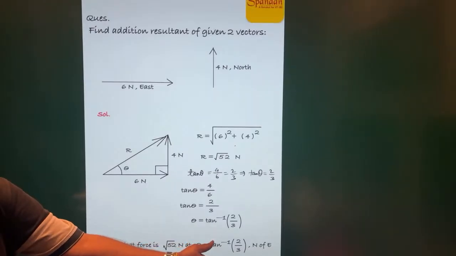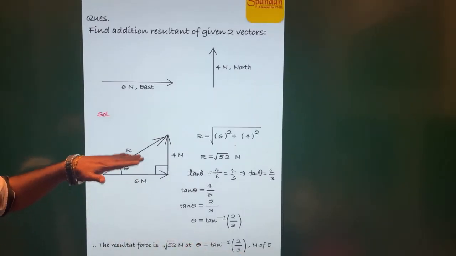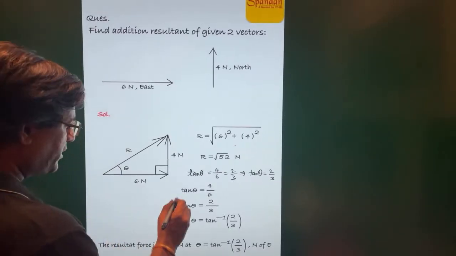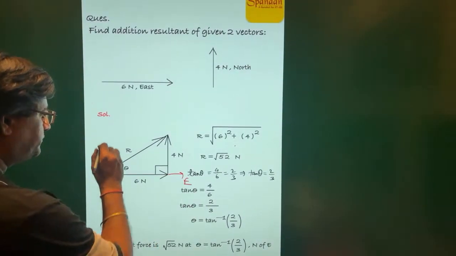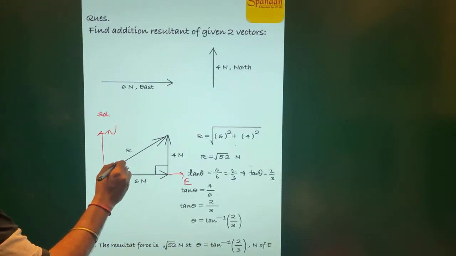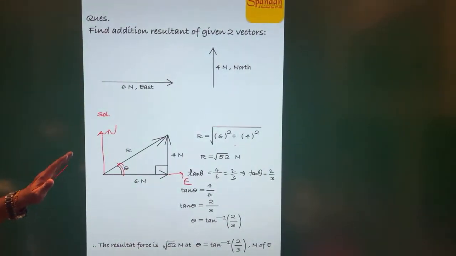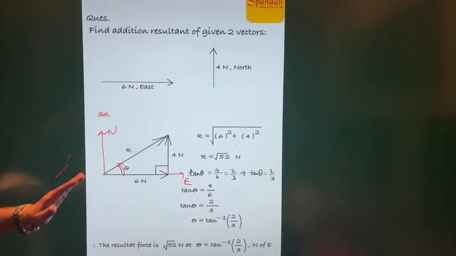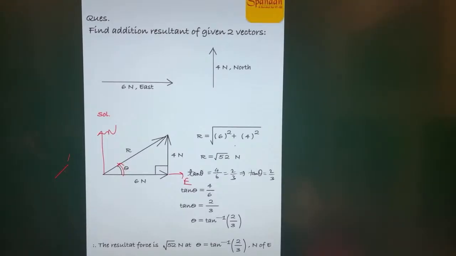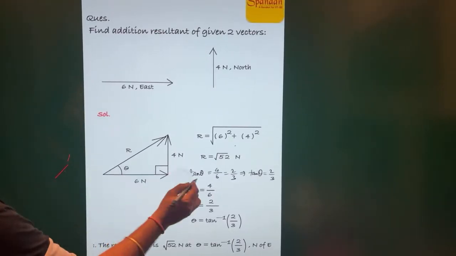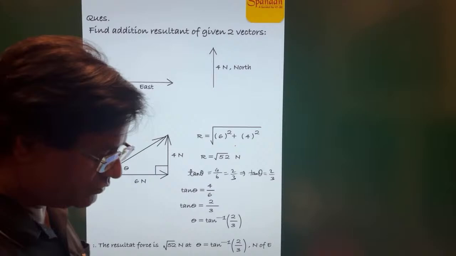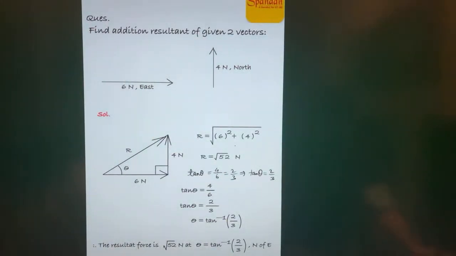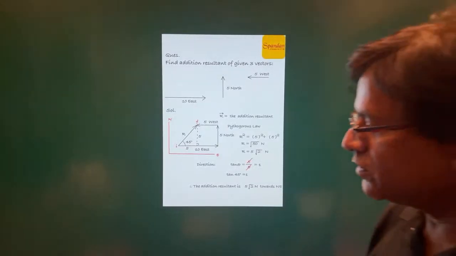टू tan इनवर्स 2/3 एंड ये नॉर्थ ऑफ ईस्ट, क्योंकि इसका डायरेक्शन आप देखोगे तो ये नॉर्थ और ईस्ट के तरफ है, क्योंकि इस साइड में इधर ईस्ट होता है और इधर नॉर्थ होता है। तो ये जो एंगल बना रहा है ये नॉर्थ ऑफ ईस्ट बना रहा है, राइट। तो दैट्स व्हाई इट इज कॉल्ड एट थीटा एंगल नॉर्थ ऑफ ईस्ट। तो दिस इज द डायरेक्शन। क्लियर है ये, राइट।